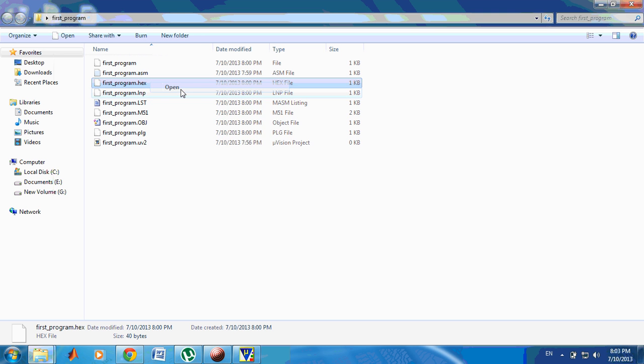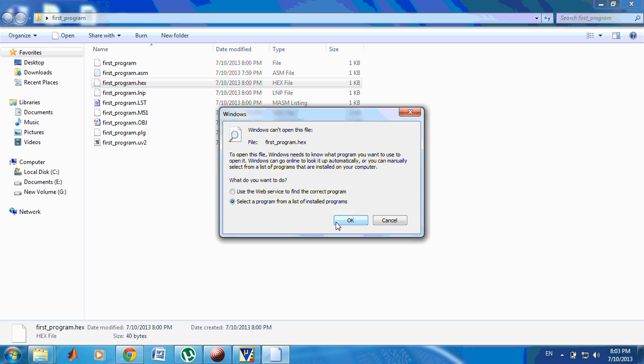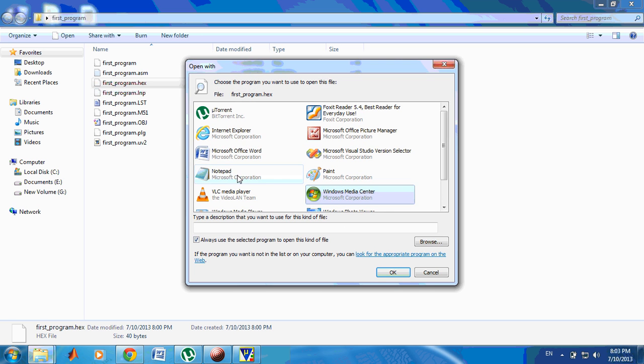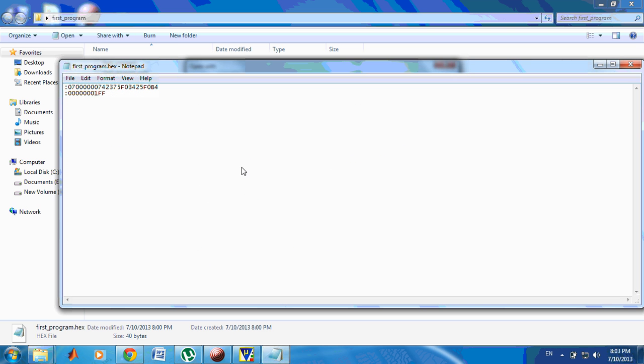Again you can open the hex file. So again open this with the notepad. Now we see it contains again the different opcodes of all the instructions.